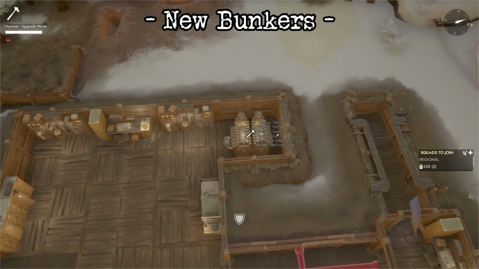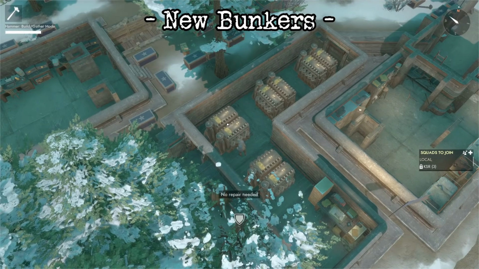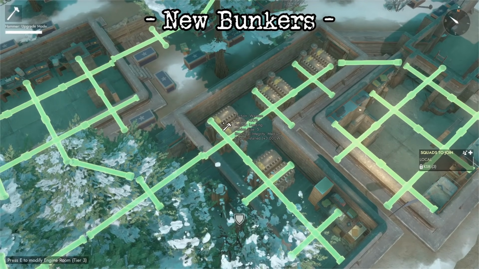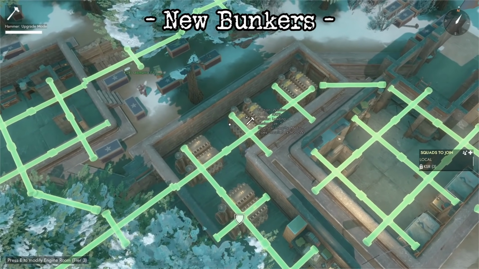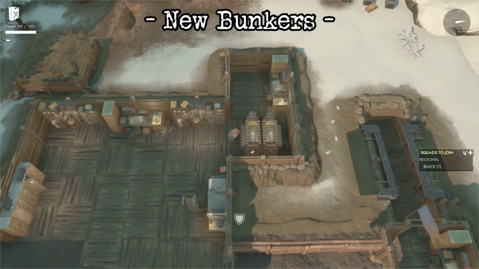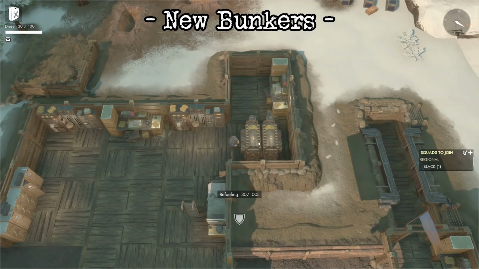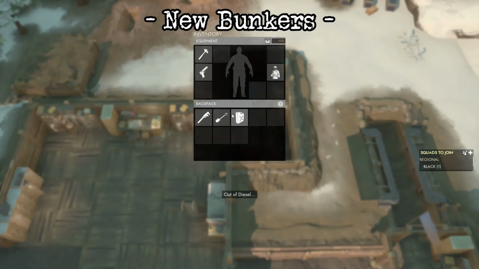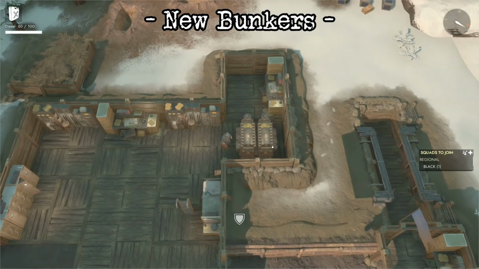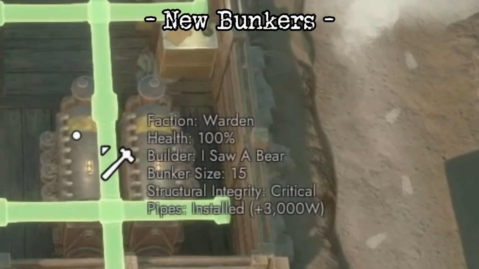The other big change with bunkers comes to power. Engine rooms can now be built in any bunker and upgraded to a Tier 3 engine room. However, engine rooms now require a resource: fuel. You fuel up engine rooms much like you would a vehicle with a diesel can. Engine rooms now also distribute power in the form of wattage. This wattage is distributed to any garrison or storm cannon or any other function of the bunker base via pipes,